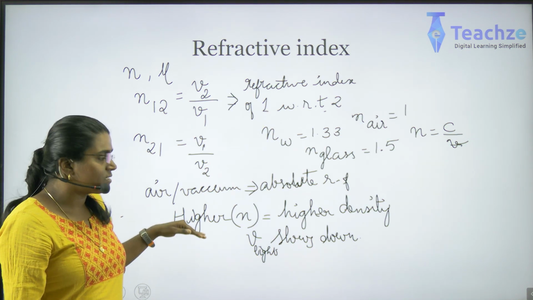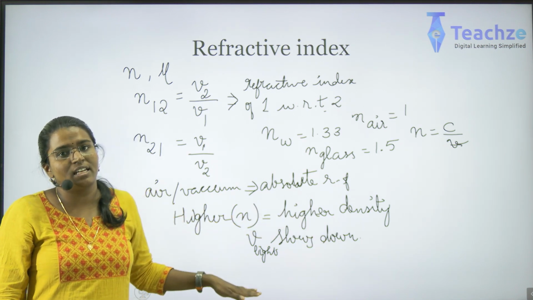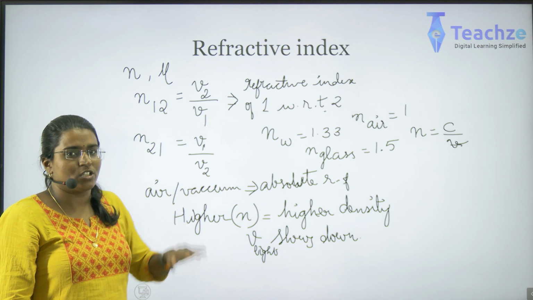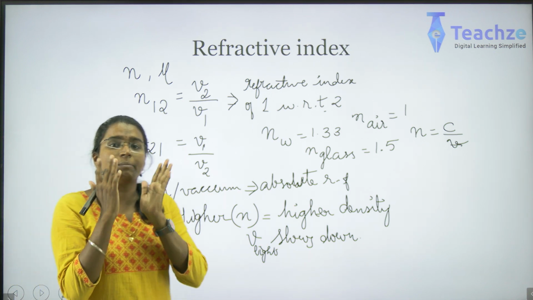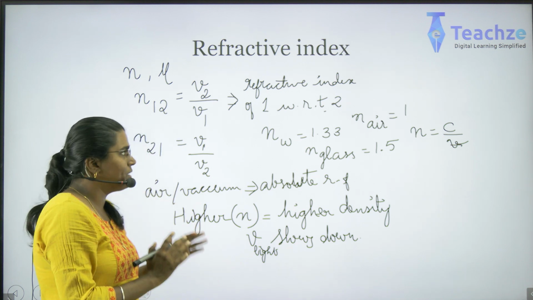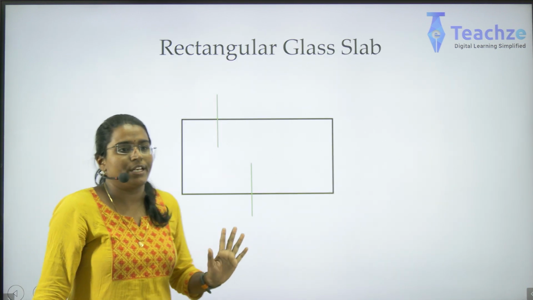Whenever there is a higher refractive index, there is higher density and there is slower velocity. Good. So for different mediums, the refractive index will be different. That is the crux of this one. Okay, now we'll